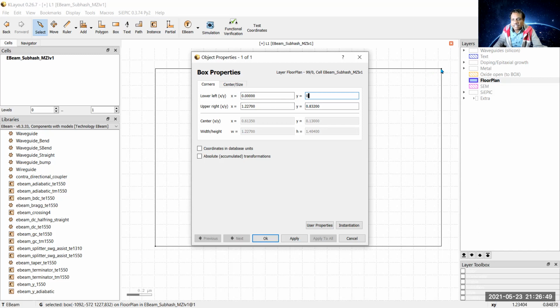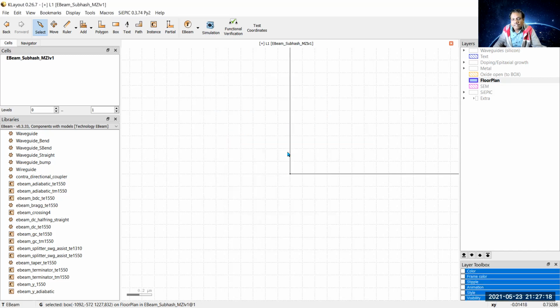And the upper right corner is what is the value of x. Here, as per the standard value given by the edX course by Professor Lukas, it is 605 micrometers and y is 410 micrometers. So this is the space or area given by this course on silicon photonics. The same area we are using here. Click OK. So you see the size is determined. This value is visible at the right corner.